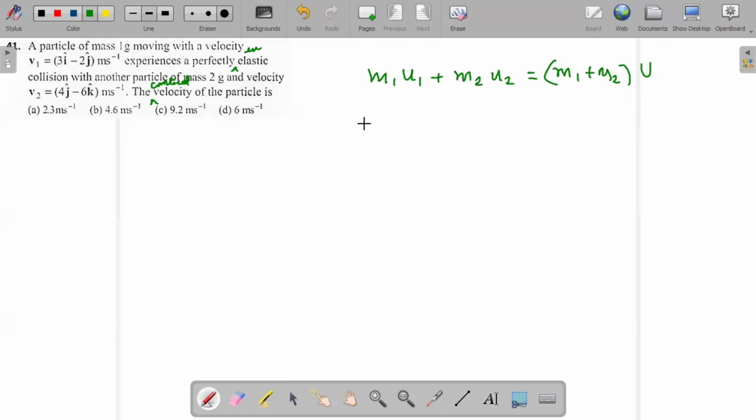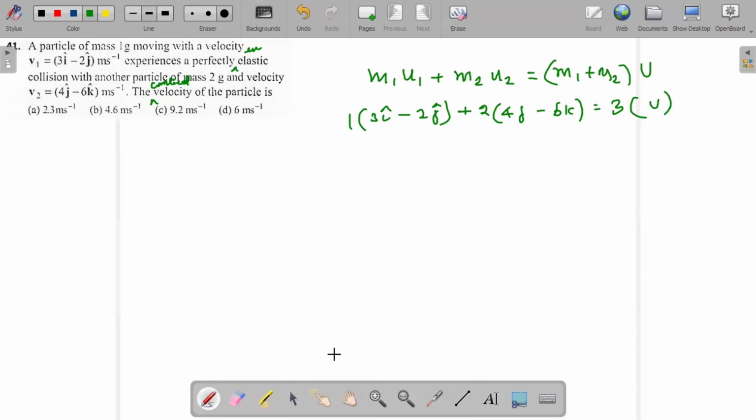m1 is in grams and the velocity is in meter per second. The mass is gram on the left hand side and on the right hand side, so anyway, the mass will get cancelled. 1 into u1, 3i minus 2j, plus m2, which is 2 gram, into its velocity 4j minus 6k, equal to m1 plus m2, 1 plus 2, 3 into common